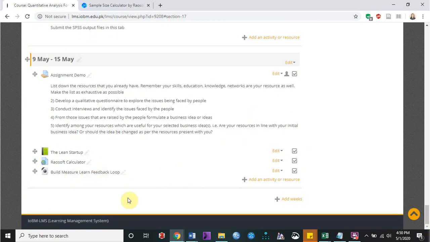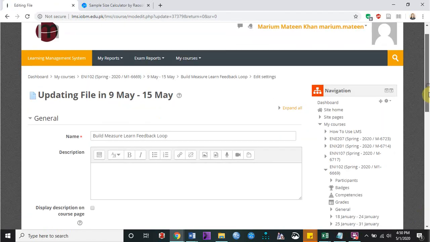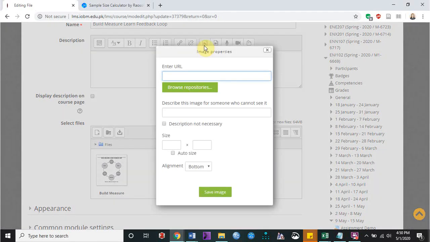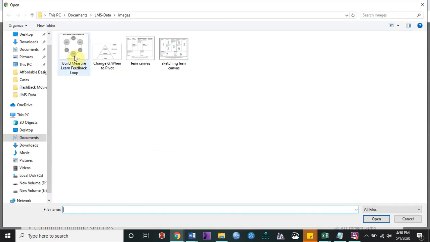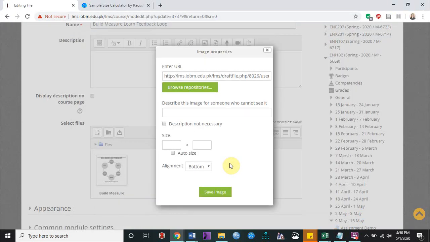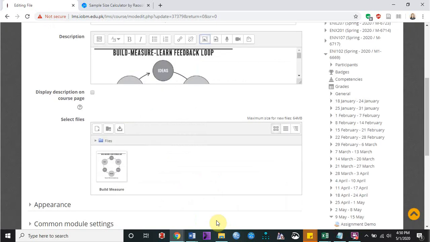However, if you want the picture to appear here as well, then I'll go edit. I have added the file here, but I will also add that particular file over here. Now click display.